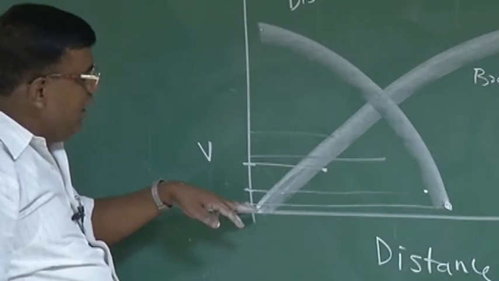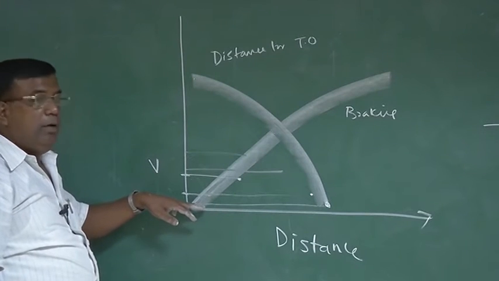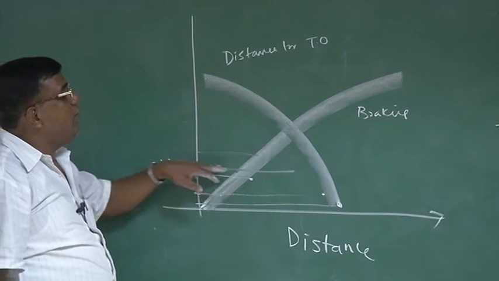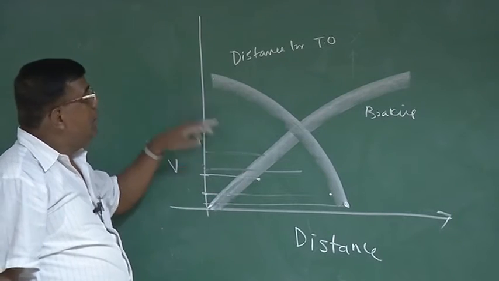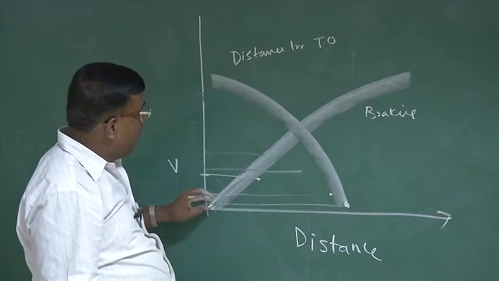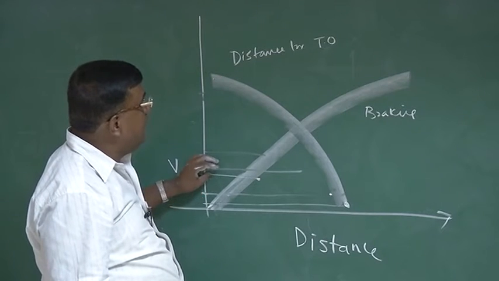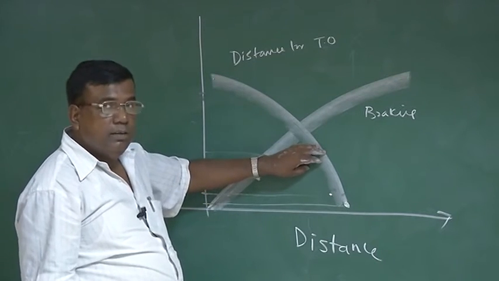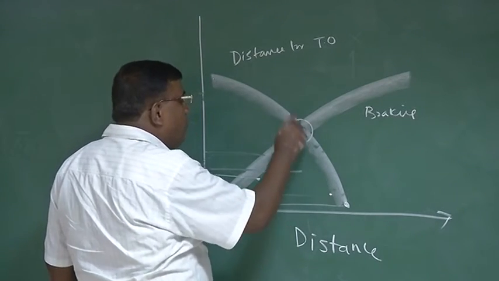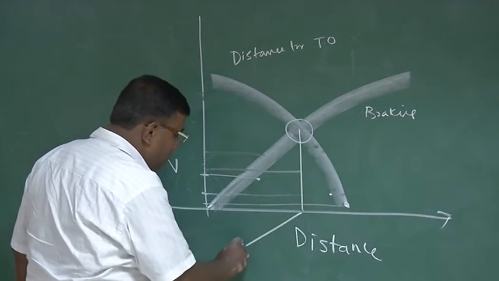This is clear, no? If I want to apply brake and stop the vehicle when the speed is very low, the distance will be low. As I start applying the brake at higher speed, the distance required to make it zero will be more. Like that, this graph will be changing, and reverse in takeoff, it will be like this. For a smaller speed, I need a larger takeoff distance. If I start at a higher speed, I will take a smaller takeoff distance because already I got a high speed. Right? But this is the point where both these distances are the same, you see, and this distance is called